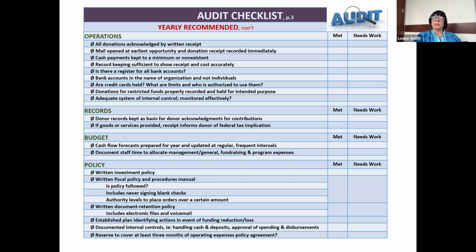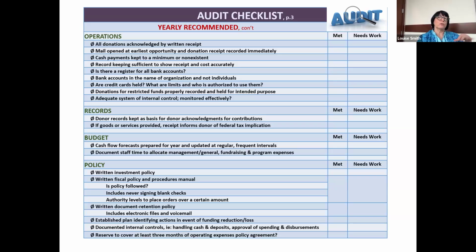You want a written investment policy. Even if you're small, even if you don't have a lot of investments, it's really good to have clarity about how you are willing to invest. Do you have a really low tolerance for risk, and therefore you want everything in FDIC approved investments? Or are you willing to put some funds, these are excess funds that aren't needed day to day in operations, in an investment account, say at a Vanguard or a Fidelity type of organization?